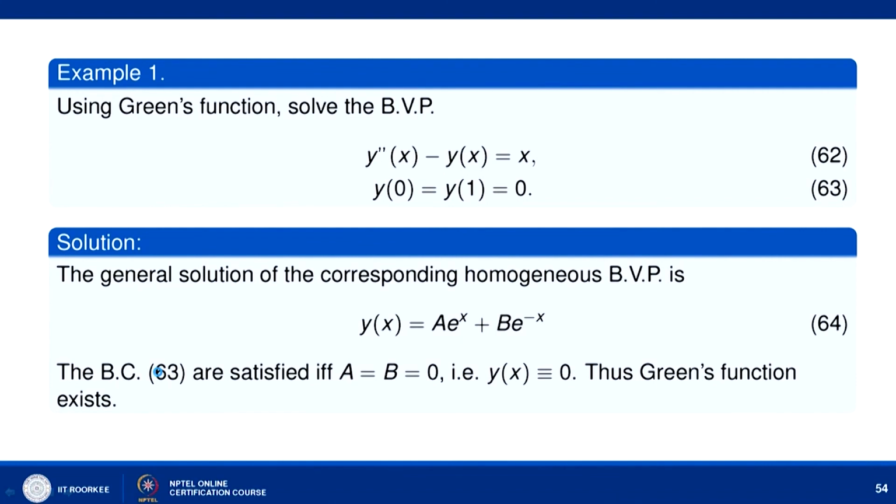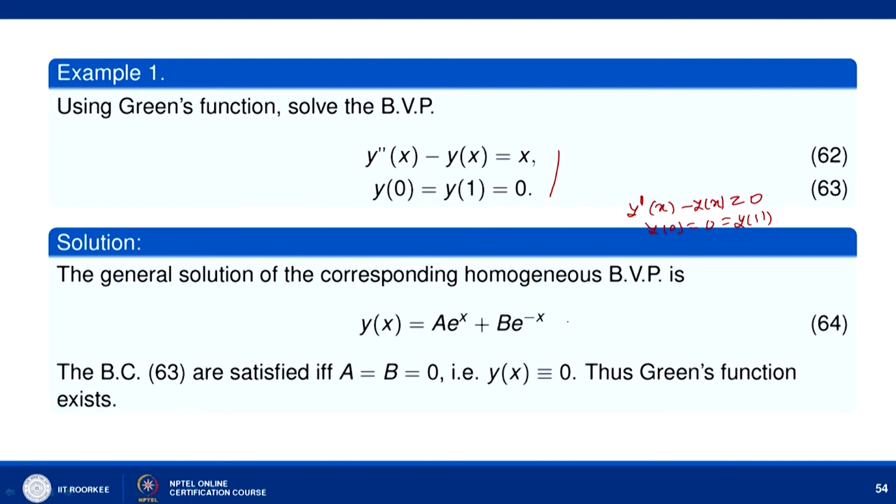So using Green's function, solve the boundary value problem y double dash x minus y of x equal to x, y(0) equal to y(1) equal to 0. So this time we are considering the homogeneous boundary condition and non-homogeneous problem. So first find out the Green function for the homogeneous equation with homogeneous boundary condition. So find out y double dash x minus y of x equal to 0, y of 0 equal to 0 equal to y of 1, and we try to find out the solution here,